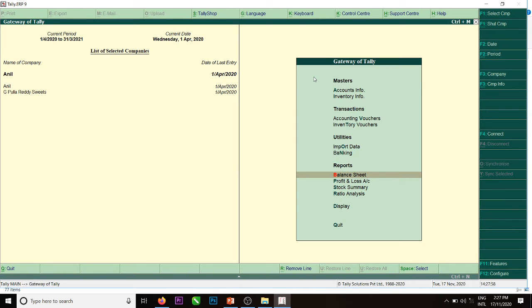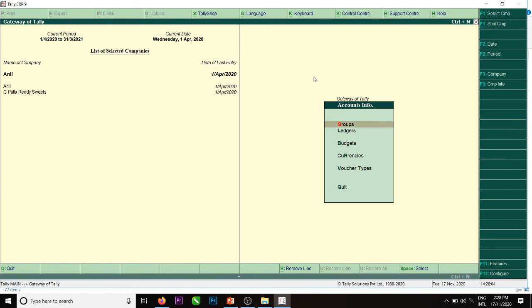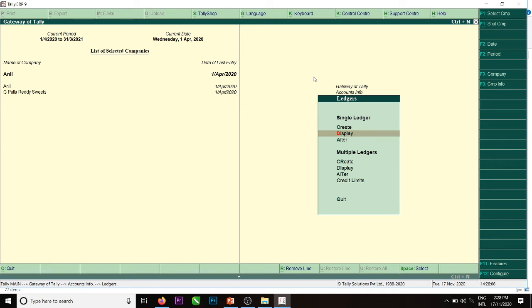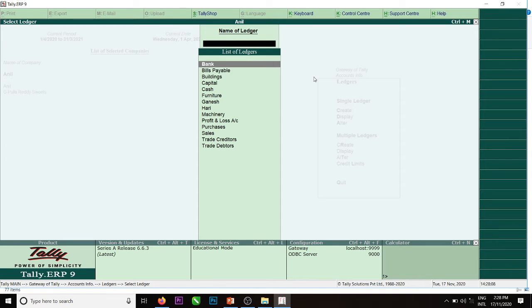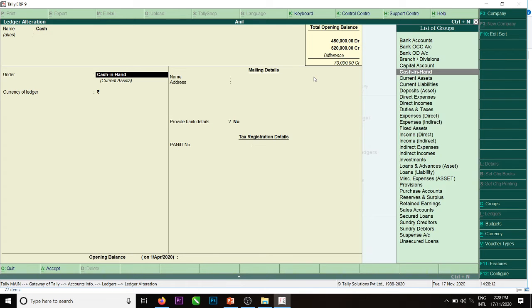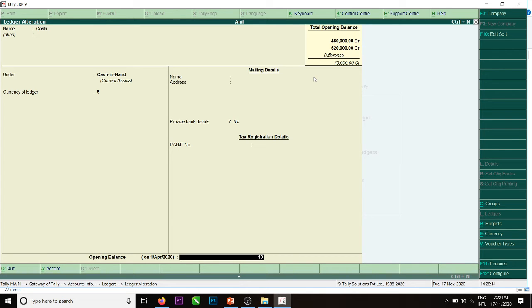Control Q to go back. Accounts info, alter, cash. Opening amount 10,000.